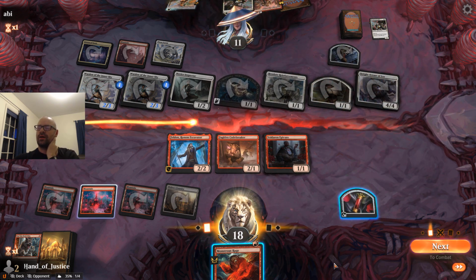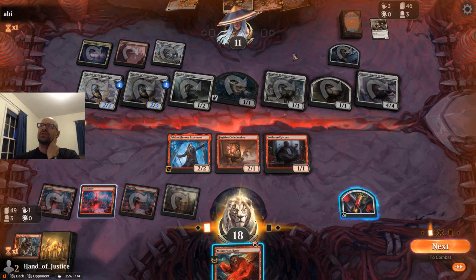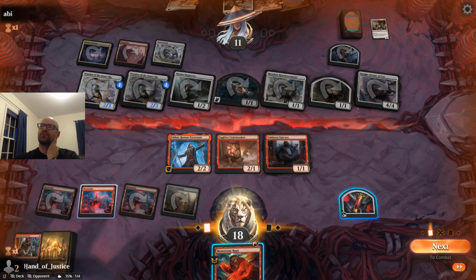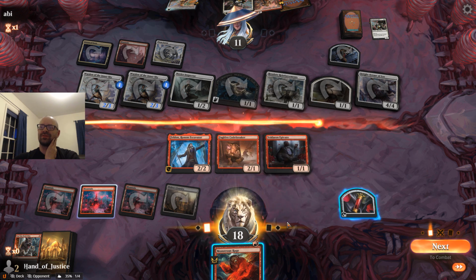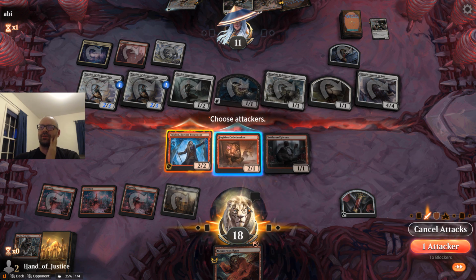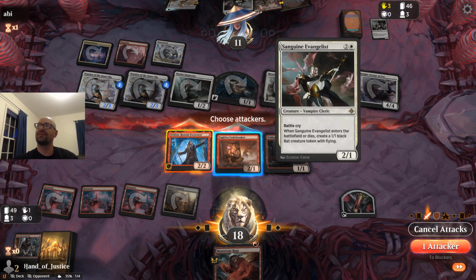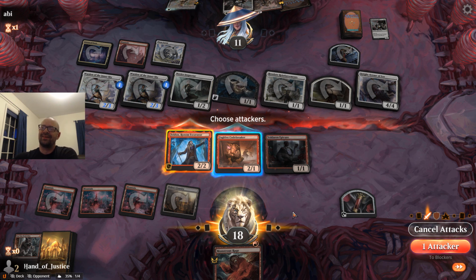Can we survive blocking one guy? So it's going to be 3 if they have the land, 6, 8, 10, 12, 14, 17, 20. So if they don't have the land, we take 17 and go to 1 if we attack with both of these. Jeez. I think we only attack with Feldon because we assume they have the land. They might not, though. If they don't have the land...